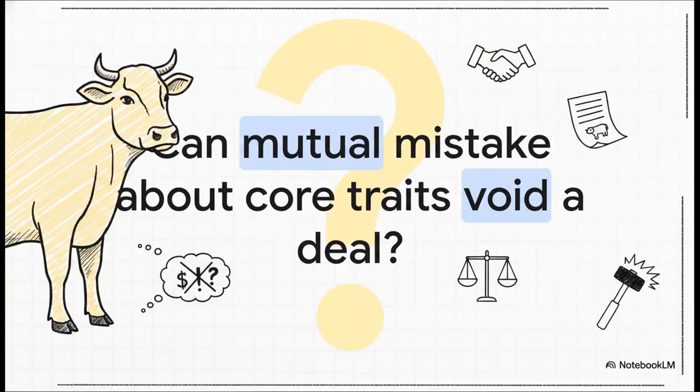To really wrap our heads around mutual mistake, we have to travel back to 1887 for the absolute classic case of Sherwood v. Walker. Picture this: a cow named Rose II of Aberloan gets sold for a measly $80. Why so unbelievably cheap? Well, both the buyer and the seller were absolutely convinced poor Rose was barren, good for beef, and literally nothing else. But, plot twist, before she's even delivered, the seller figures out Rose is actually pregnant. Suddenly, she's a valuable breeding cow worth almost $1,000.